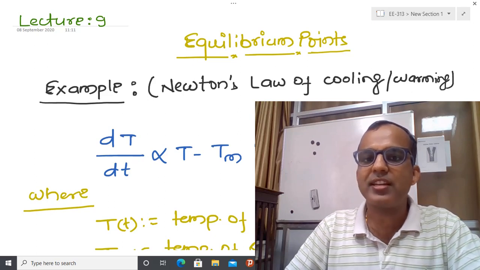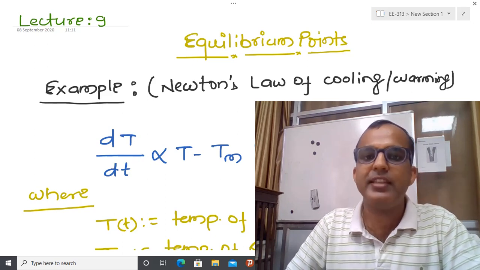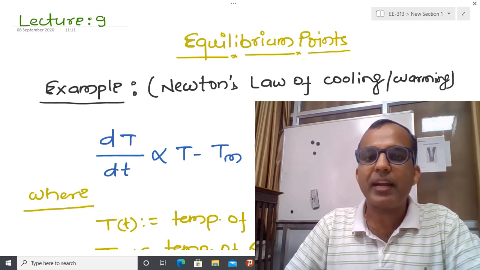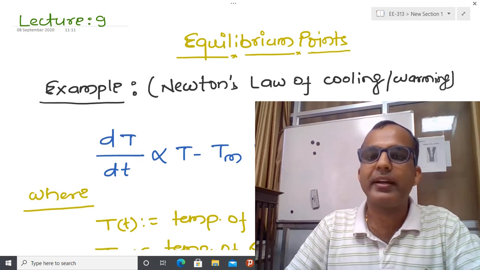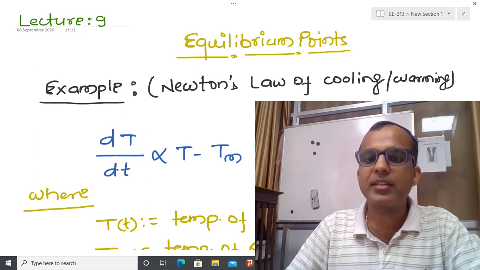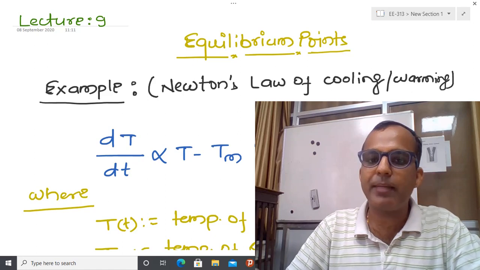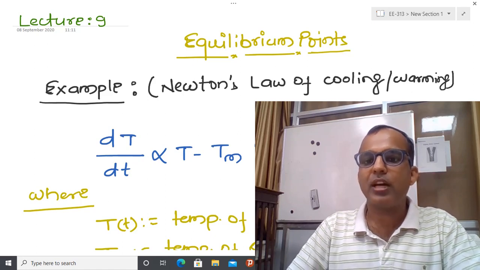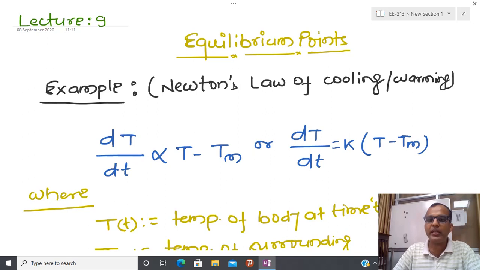One of the most interesting points in a dynamical system, and here I am assuming the map may be linear or nonlinear, is called the equilibrium point. In order to understand the equilibrium point, first let us take one very simple example from thermodynamics, and I hope that during your school time in physics you have already learned about this law. Here suppose that some object is at temperature T, and